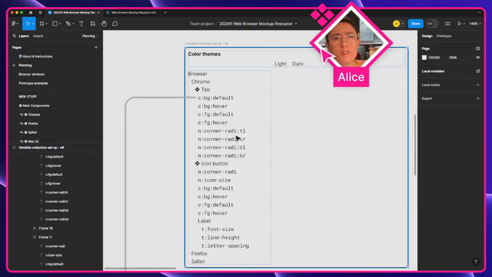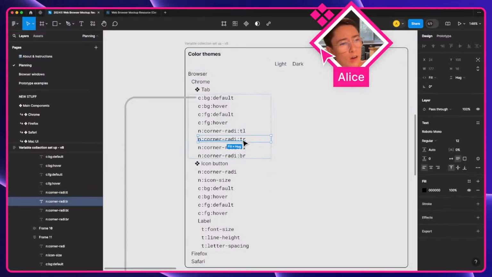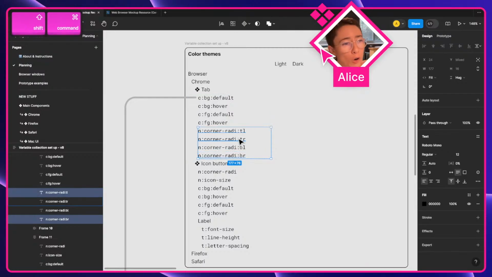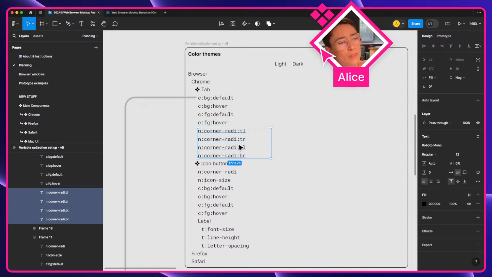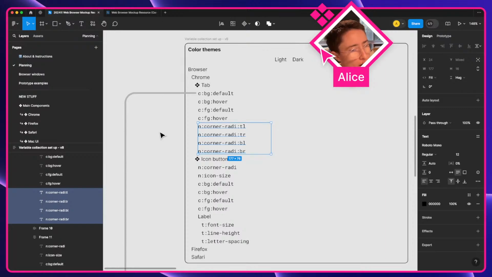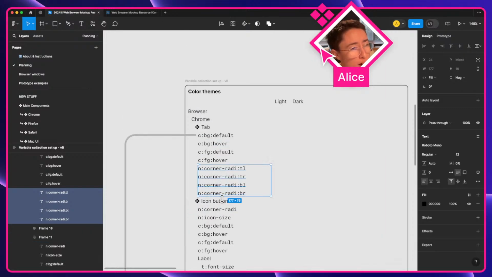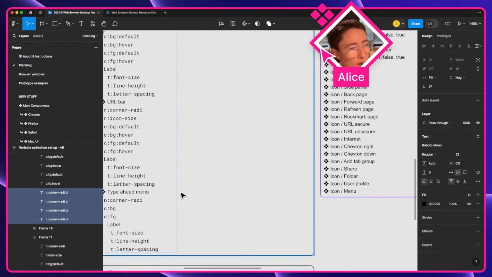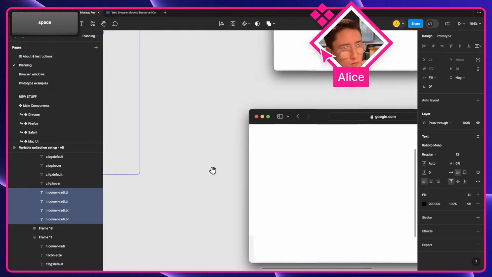I think I just need to be really granular, because this will give me the option, even though in Chrome, top left and top right are going to be the same value, and bottom left and bottom right are going to be the same value. In Firefox, they'll all be the same value. So what I'm trying to figure out is that I'd like to have as few variables as possible for efficiency. But I do think there's something to be said about the granularity, because let's look at just corner radii, for tabs in